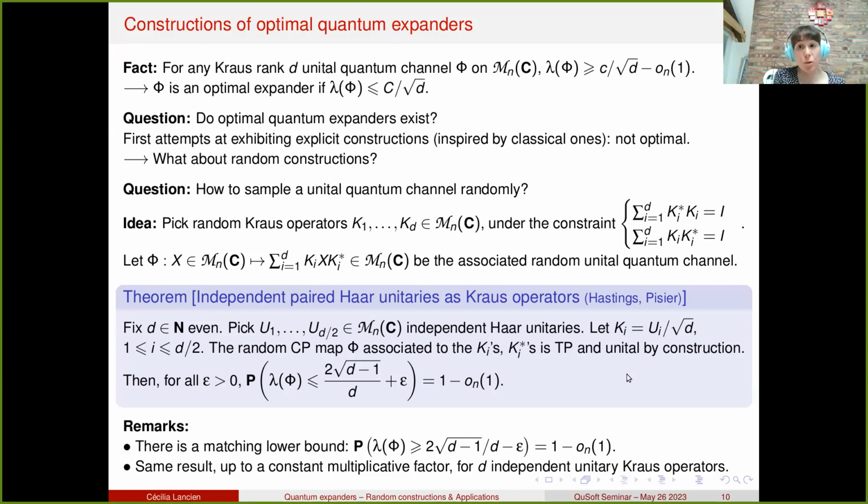And then he could prove the exact analog of the classical result, namely that for any error epsilon that you fix, with probability going to 1 as n grows, the second largest eigenvalue of this random unital quantum channel is going to be upper bounded by 2 times square root of d minus 1 over d plus this